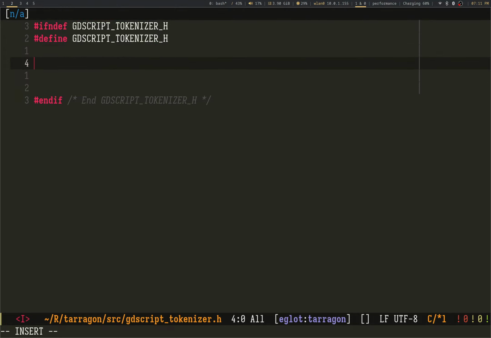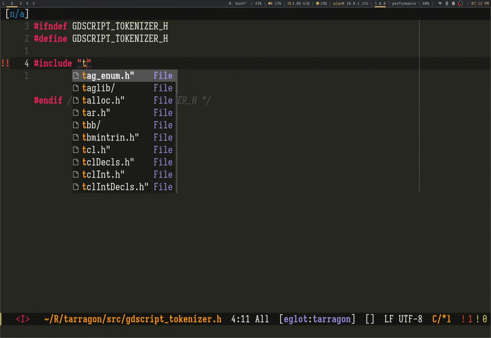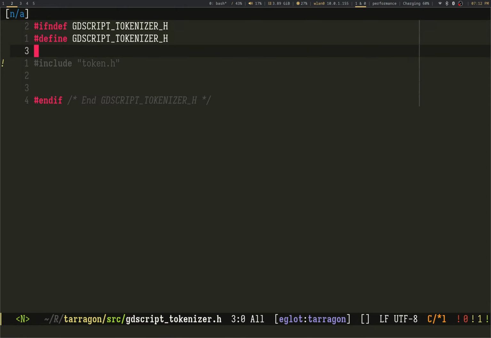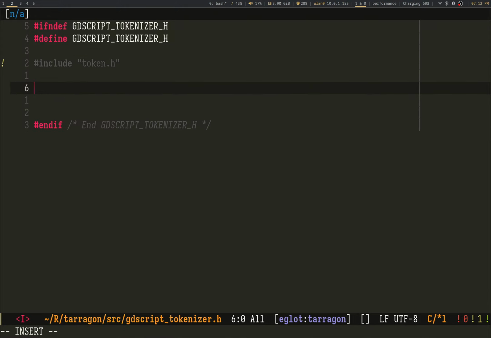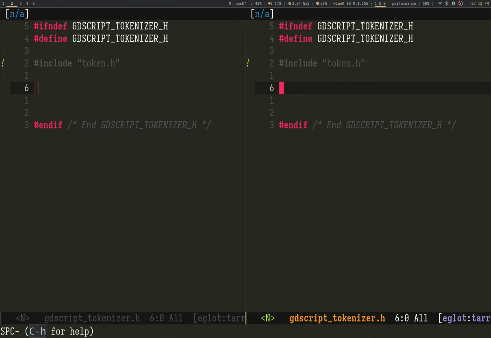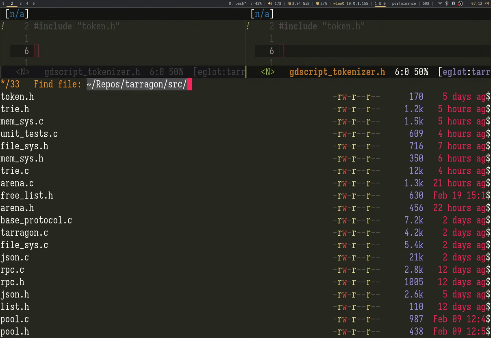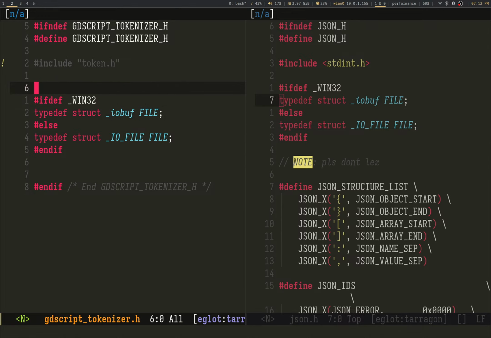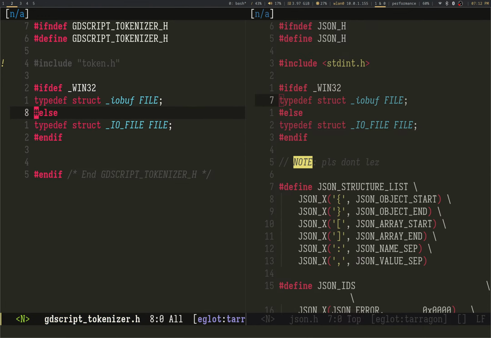I know I'm going to need to #include token.h, and I'll do that in the header file because why not? Struct. So I'm just gonna crack this open and steal things from here, since I've been working on this on both my laptop, which is Linux, and my desktop.